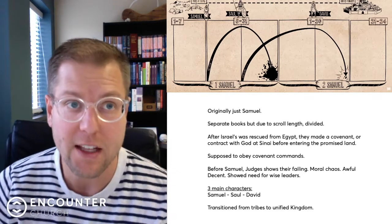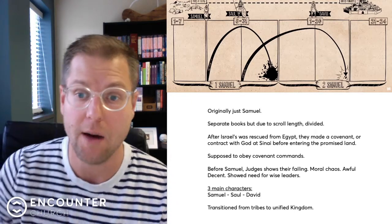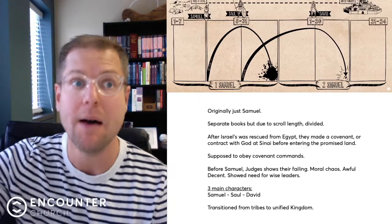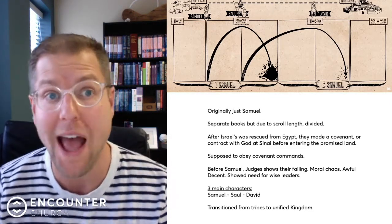At the very beginning, chapters 1 through 7, there's nothing there. That's kind of a prologue to the entire book. That's going to be really important because that's going to tell us actually what the whole book is going to be about. And then the rest of 1 Samuel is the first arc,